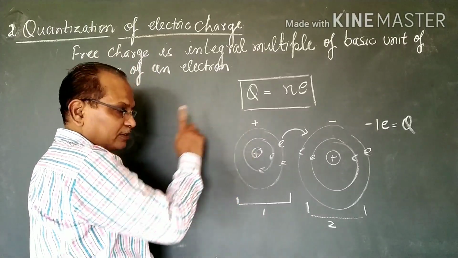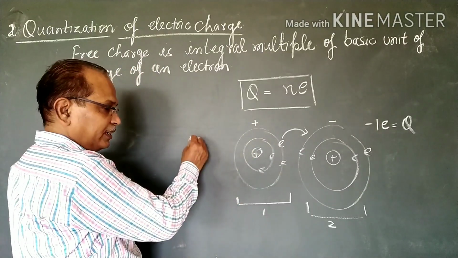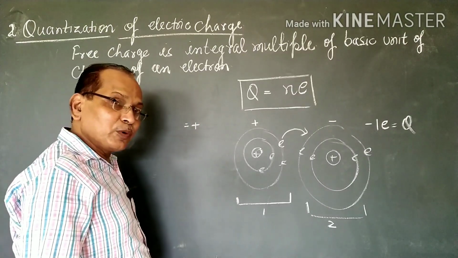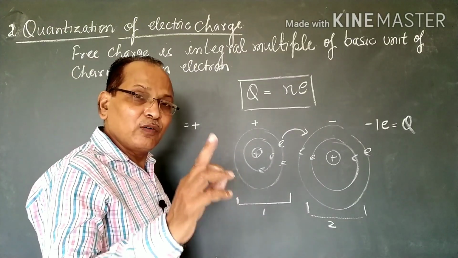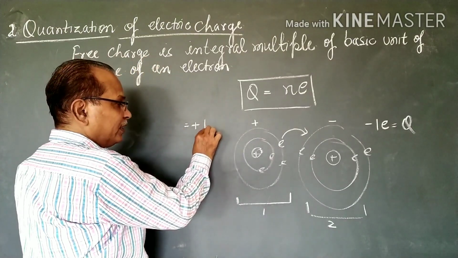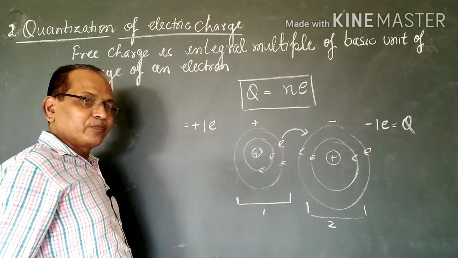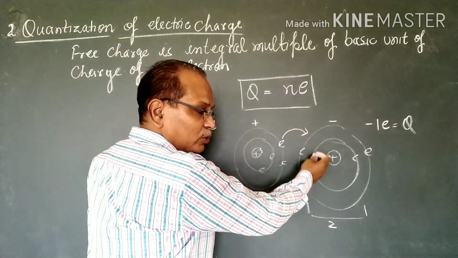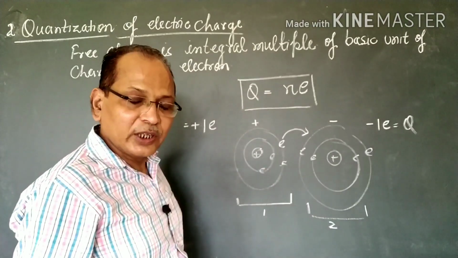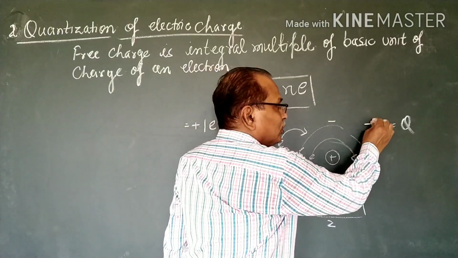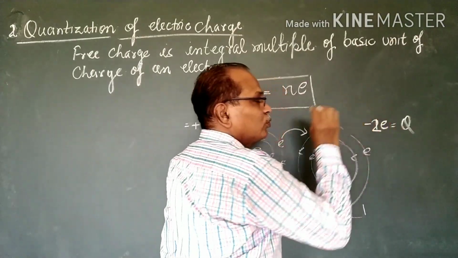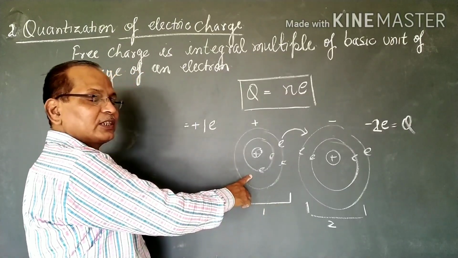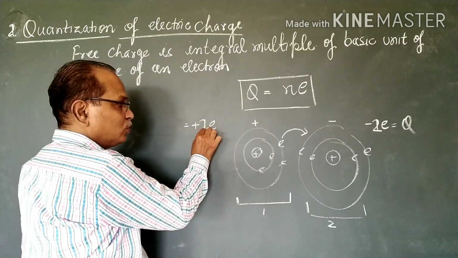It is positively charged, number one thing. Second thing, the net will be positive. How much positive? Due to the deficit of 1 electron, 1 e. So if we transfer 2 electrons from atom 1 to atom 2, how much will be the negative charge on atom 2? It will be minus 2e. Here, how much is the positive charge on the first atom? It will be plus 2e.